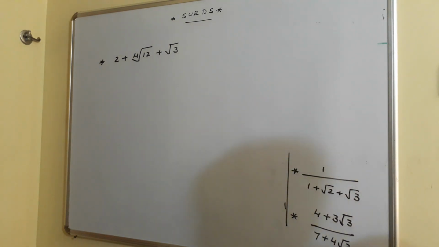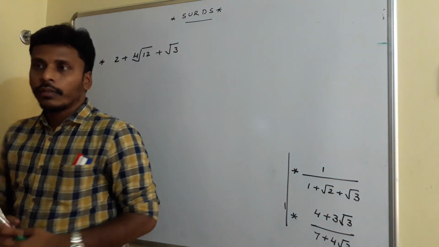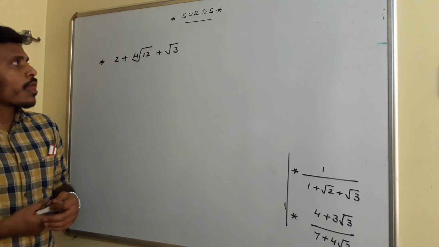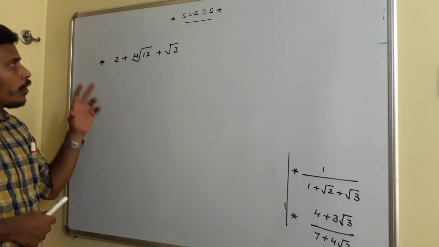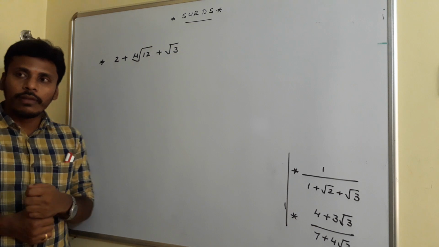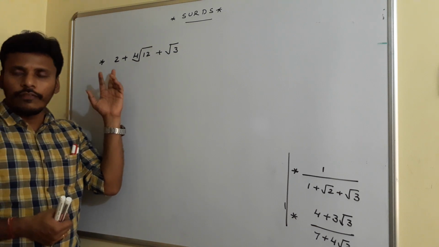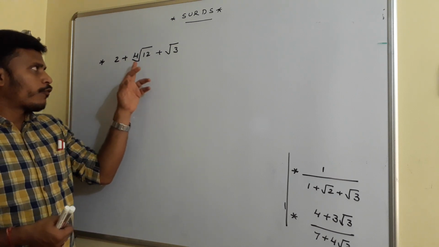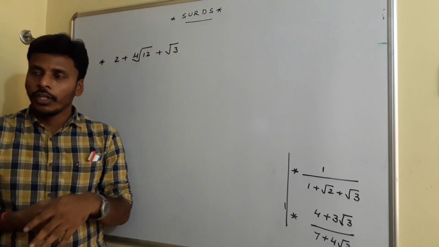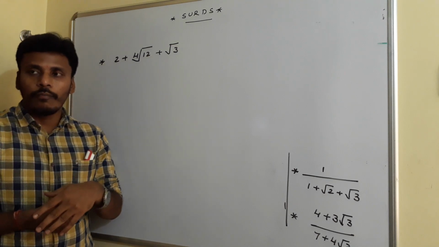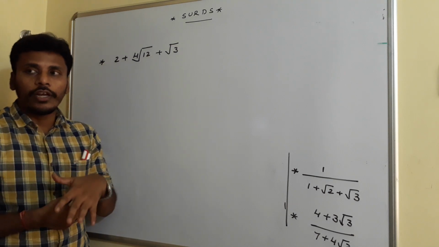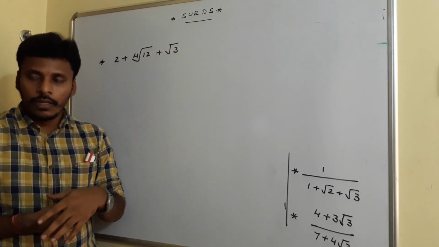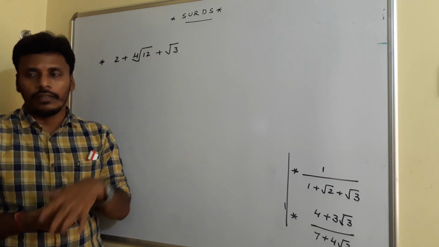The next problem to find the rationalizing factor is 2 plus 4th root 12 plus root 3. Just try once and I will give you the solution. First of all, you need to think about the problem. The problem involves a first order number. If no nth root or cube root is involved, you may take it as first order or leave it. And then the fourth order term and then the second order term. You need to reduce one by one. My idea is, first try to reduce this fourth order term, that means 4th root 12, to the second order. And afterwards, you go further, right?